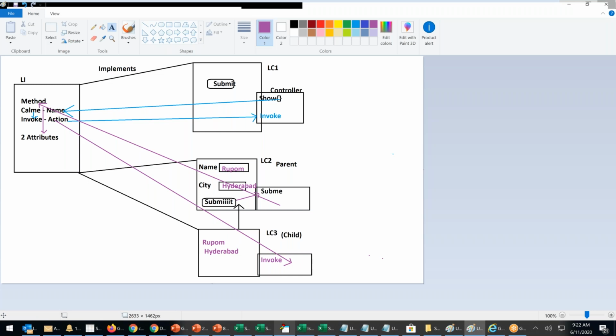Yes, last class we did the same thing. We did the 2 and 3. You remember? In the last class, in the component itself, the method was there. Now the method is somewhere else. The method is not inside the component. Last time we also took LC1 and LC2, two components. But in the child component, the aura method was there. Now the aura method is not there in the child component. It's on the interface. Through an interface I'm doing.